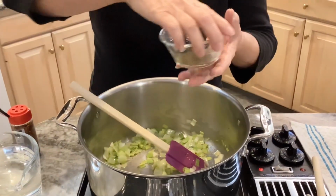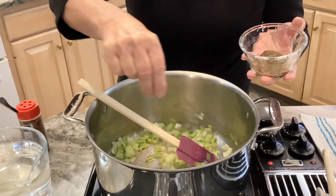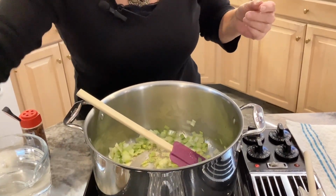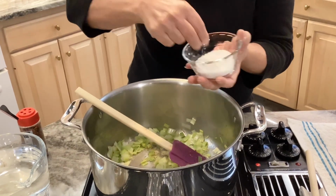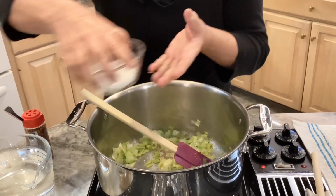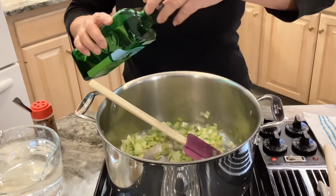Then what I like to do is throw in a little bit of pepper. And if you find that your pan is getting a little too dry, go ahead and add some more oil. Throw in a little bit of salt, a couple pinches there. I will add a little more oil,